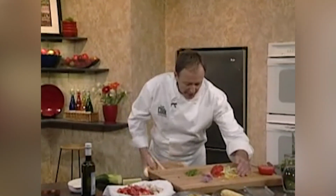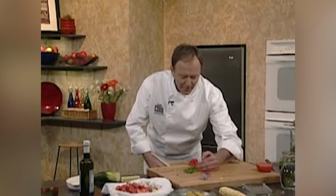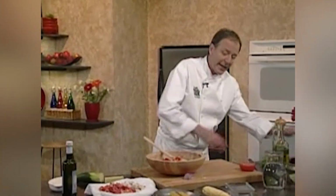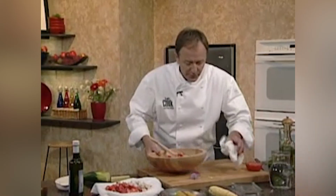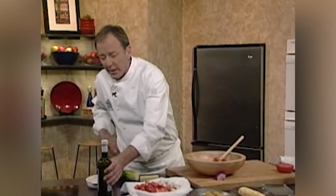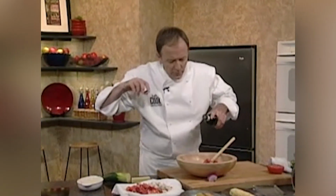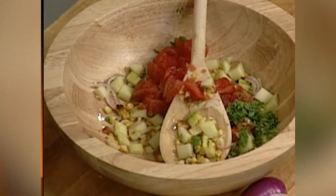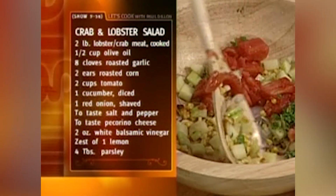So I'll take all of this now into my bowl. You'll notice I have not put in the crab meat yet, nor the lobster. Clean up our board here. Now I'm just going to make the dressing. Now to make the dressing here, I'm going to use a little bit of white balsamic vinegar. Then my olive oil,